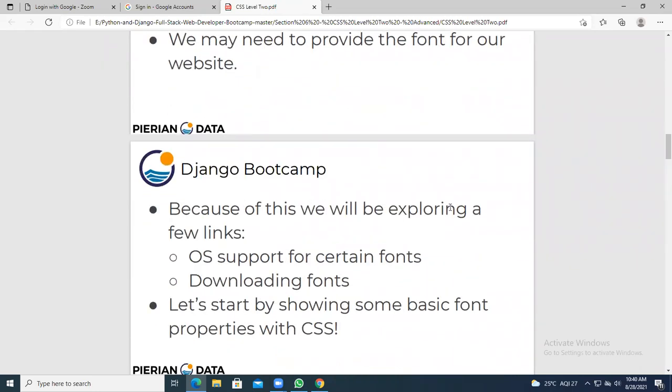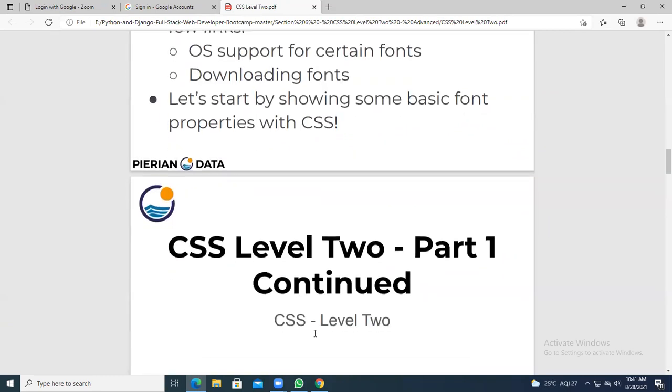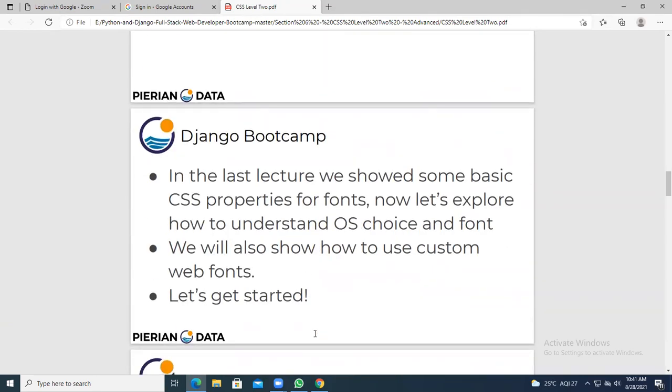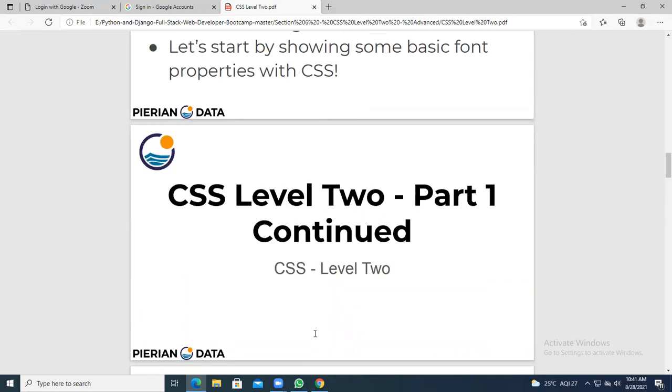Because of this, we will be exploring a few links: OS support for certain fonts, and downloading fonts. Let's start by showing some basic font properties with CSS. Font properties, now we shall understand.